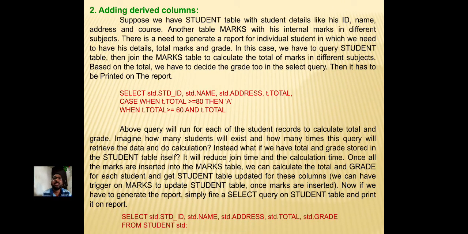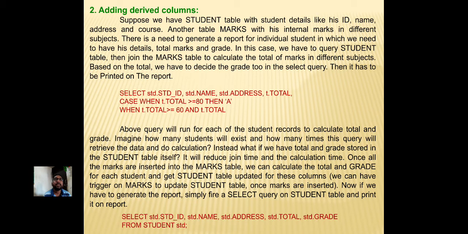Second is adding a derived column. Suppose we have a student table with student details like ID, name, address and course. Another table has marks, with his internal marks in different subjects. There is a need to generate a report for an individual student in which we need his details, total marks and grade.